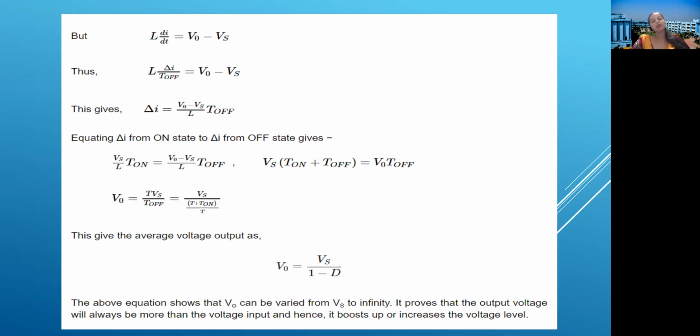Now, in both the step-down chopper and step-up chopper, you can see that a variable output voltage can be obtained. This voltage can be made variable by varying the on time, by varying the off time or the total time period. So this way we can have a variable voltage from a fixed input voltage.